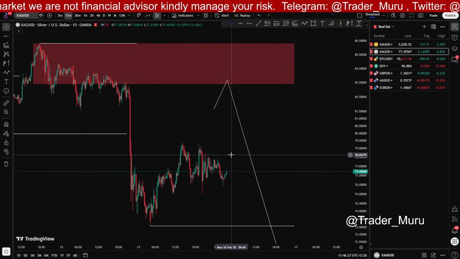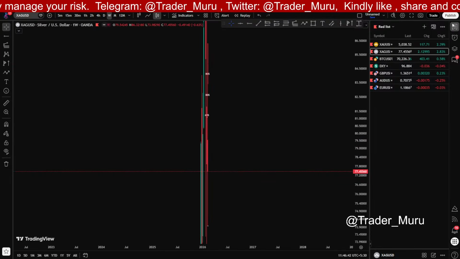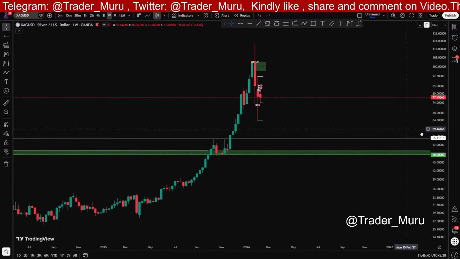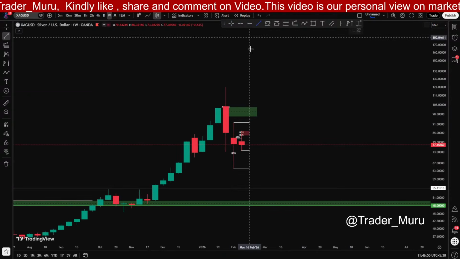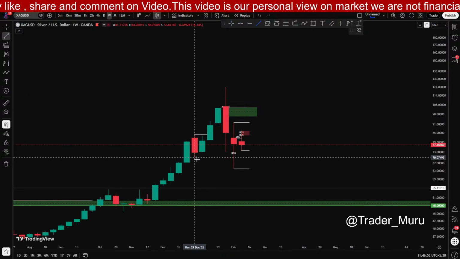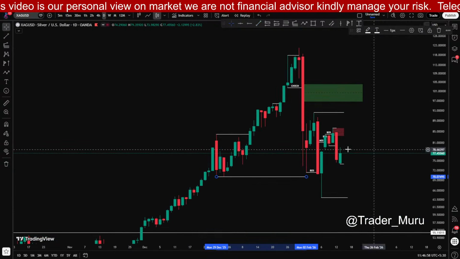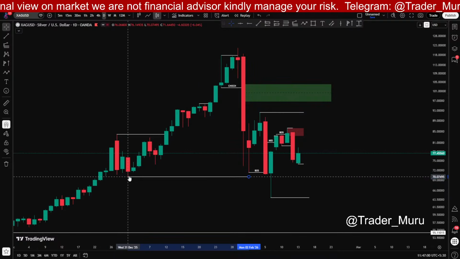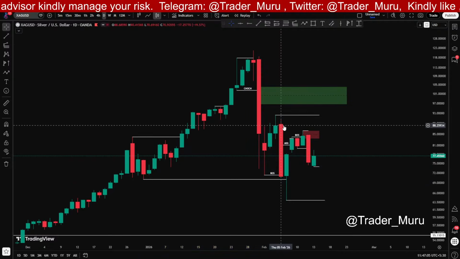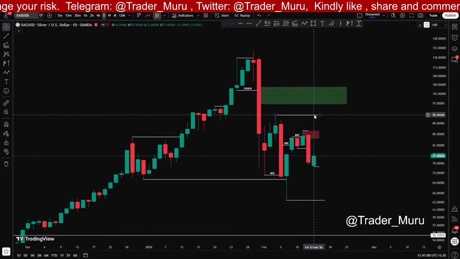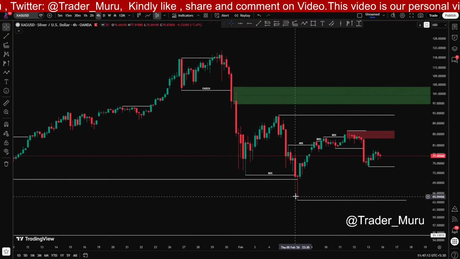Let's see silver. Silver is bearish right now. Let's see. If we see this here, the last breakout structure in weekly time frame was this one, and this is just a liquidity hunt. In daily time frame, same area, just a liquidity hunt, and this is retracement. So if price breaks above this zone, it will be bullish, but before that we have a